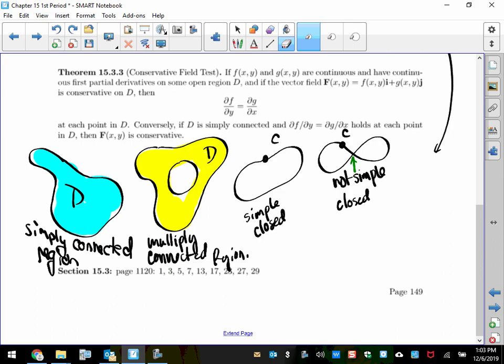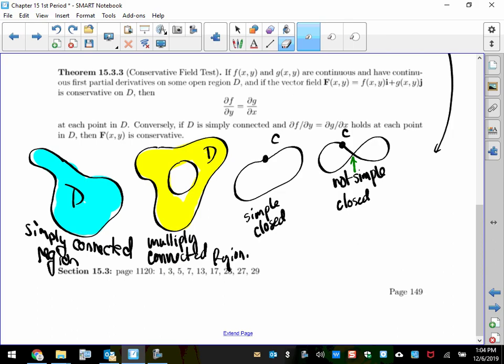And if the vector field F is conservative, then the partials have to be equal, at every single point in the region. They also say conversely, if D is simply connected, like the region in blue there, and the first partials are equal in D,